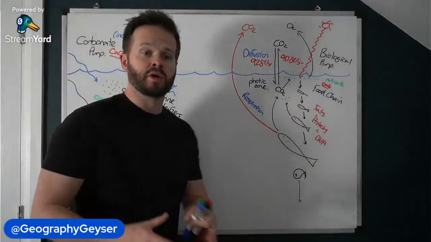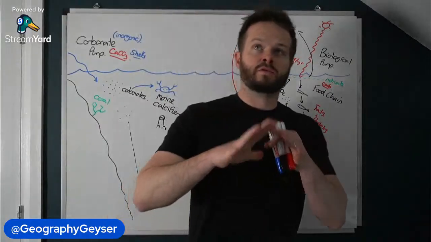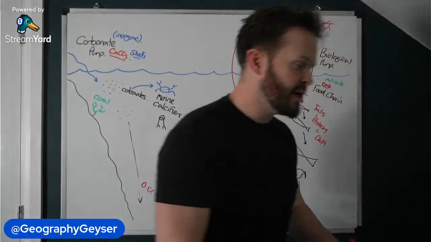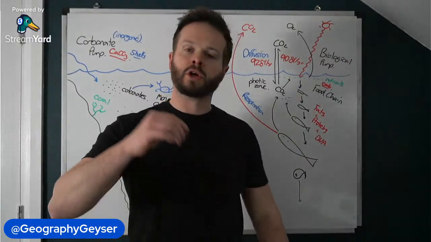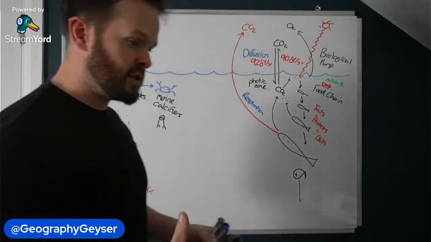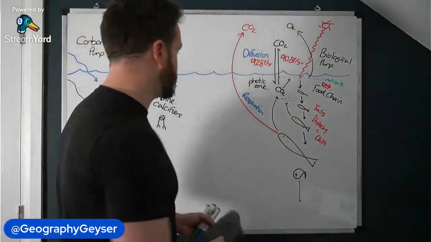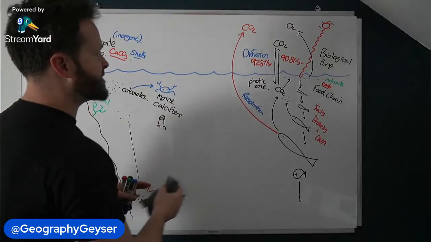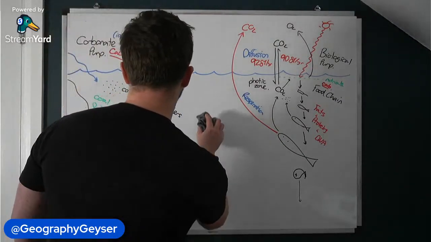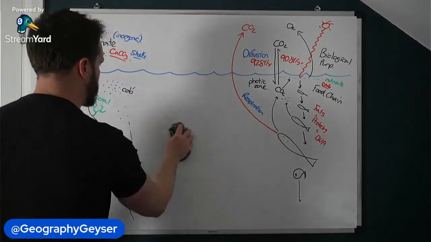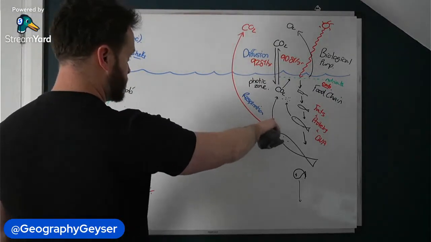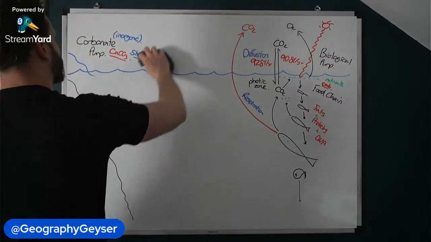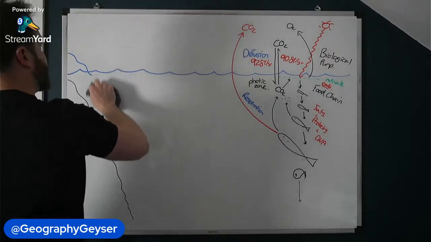The final one, and I think this is probably one of the most important pumps, particularly considering its importance at the global scale, is the physical pump, which is also known as the thermohaline circulation. So what I am going to have to do here is trim back a little bit, so I've just got the room. I'll trim the carbonate one just because we kind of know about the carbonate anyway.